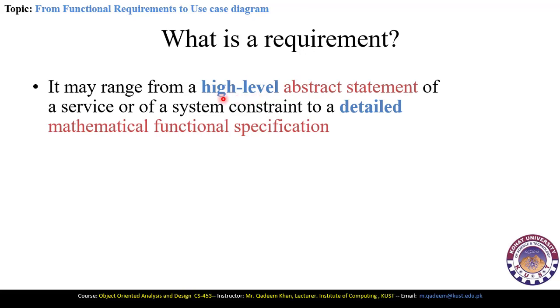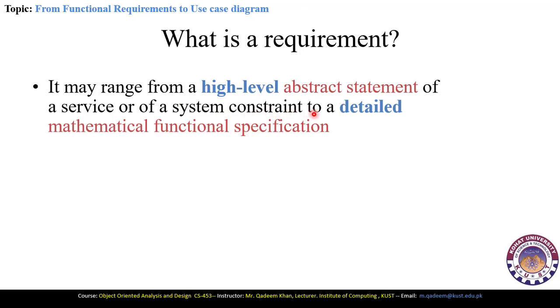This means that these high level abstract statements should not be in much technical form, and they should be in a simple English format, because the end users or the customers are mostly unaware of computer terms. So it should be high level abstract statements of the system services or certain constraints,